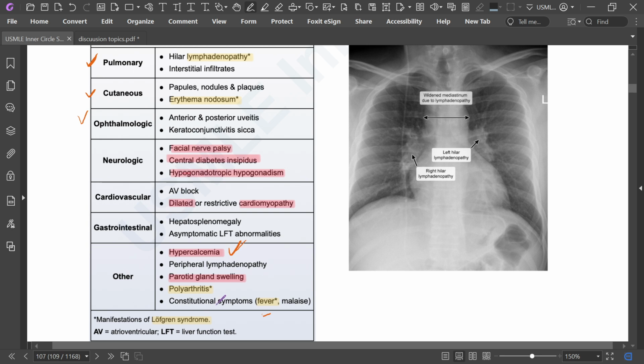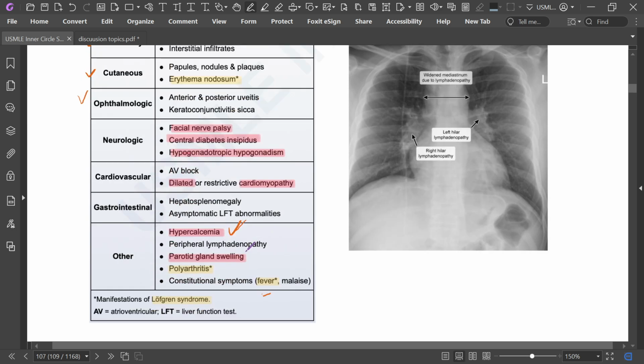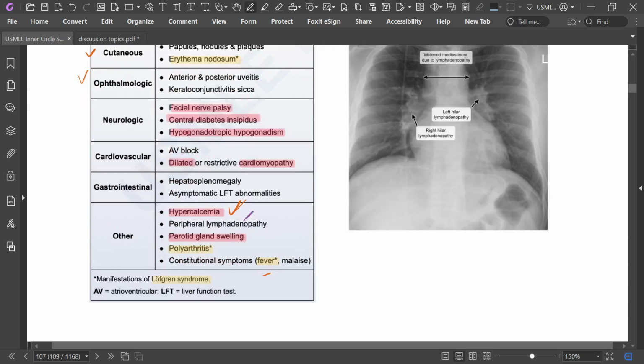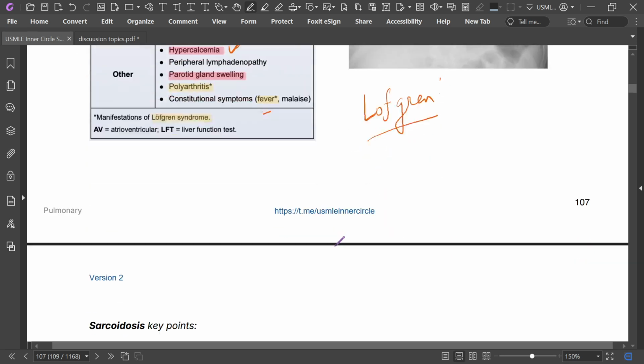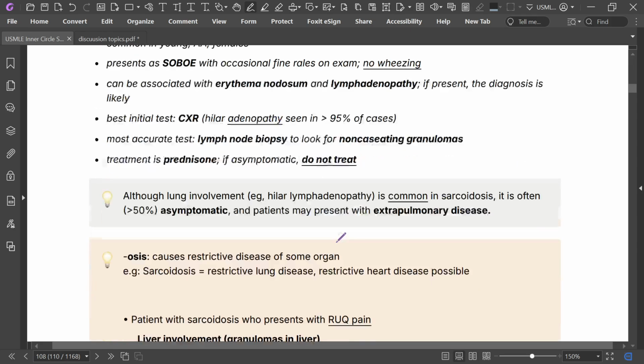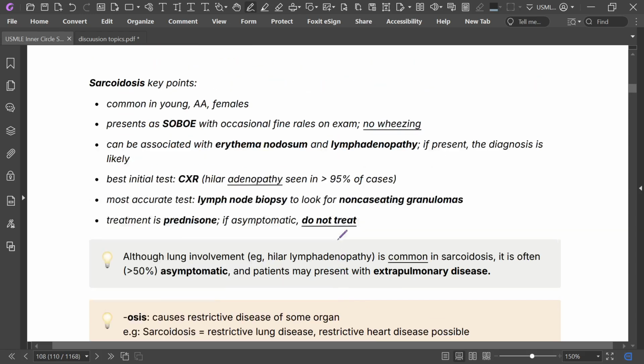So fever, polyarthritis, these are manifestations of Lofgren syndrome, along with bilateral erythema nodosum and bilateral hilar lymphadenopathy. These four things are the features of Lofgren syndrome. In sarcoid there are plenty of syndromes, but Lofgren is a must. So in sarcoidosis, common in young African American females, shortness of breath on examination,